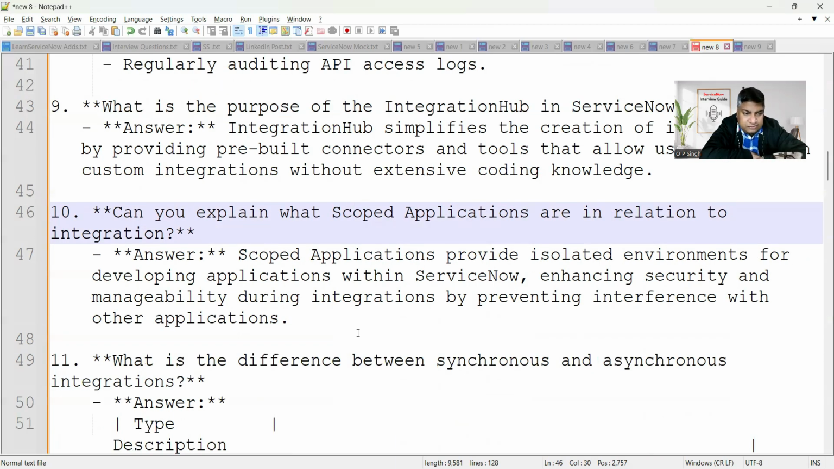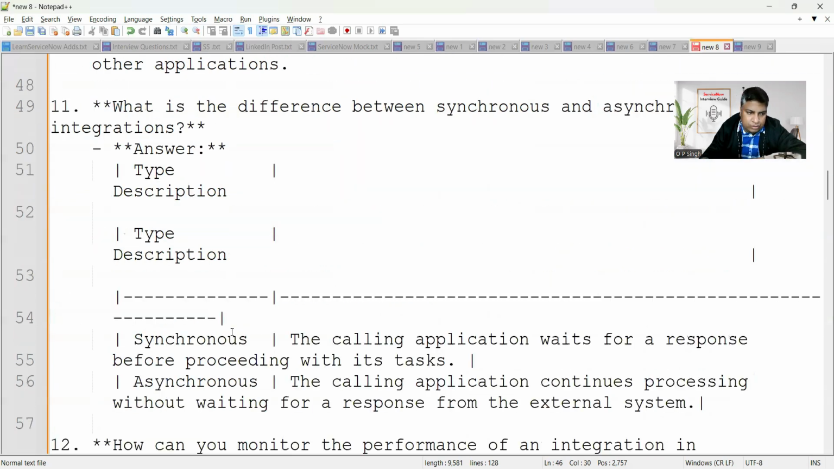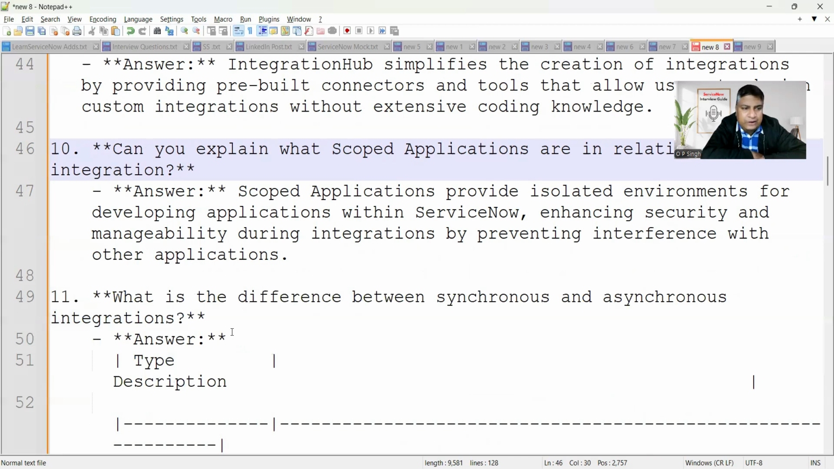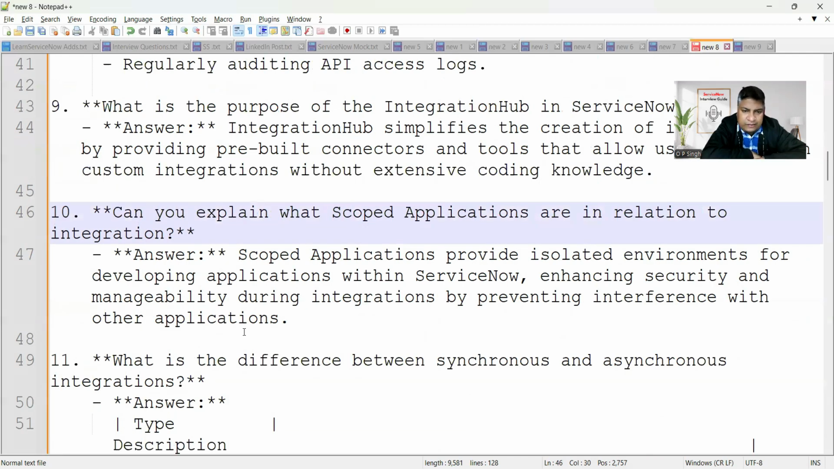Next, 10th question, and this is the last question for this video. I will go through other questions later in a separate video. Can you explain what scoped applications are in relation to integration? Scoped application provides an isolated environment for developing applications within ServiceNow, enhancing security and manageability during integration by preventing interference